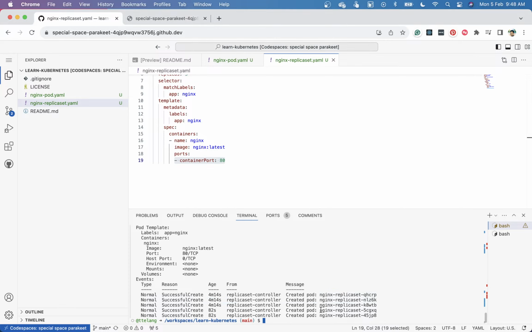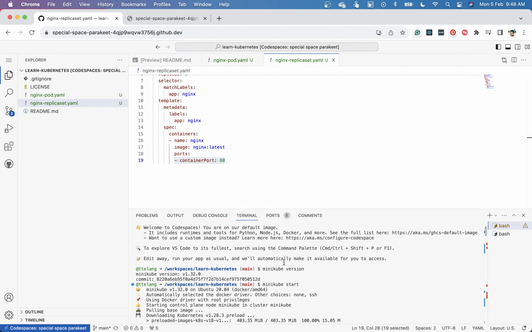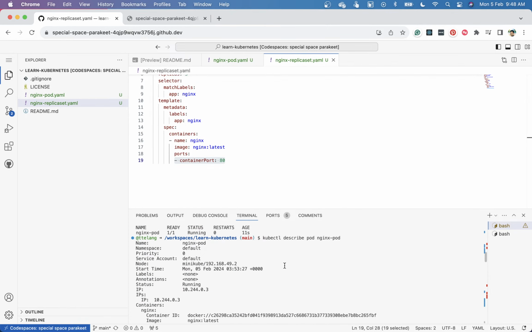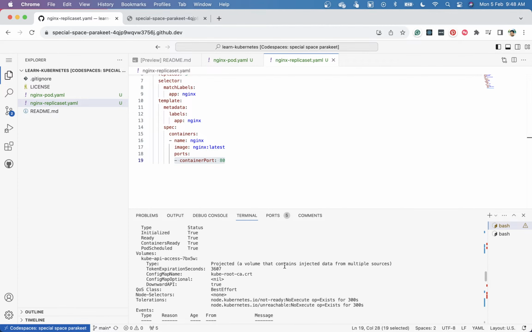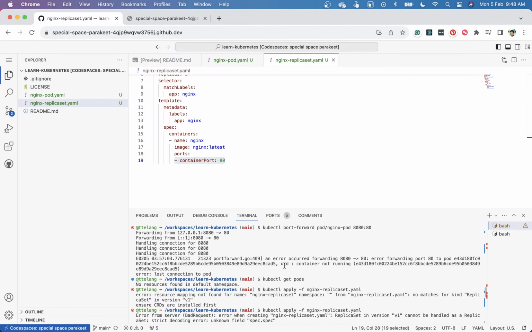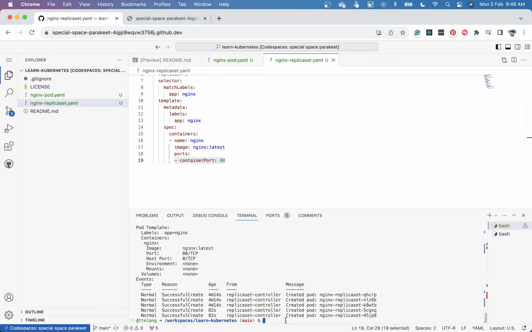Now, to access any pod, what I can do is see here, these are the pod names. And if I want to access any pod, I can use the same command which we used earlier for our pod. For example, this command, port forward. So I can say kubectl port-forward, and then